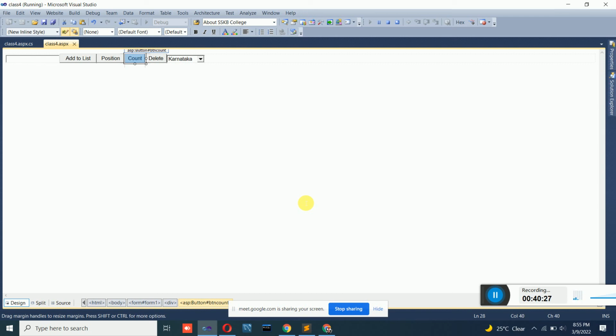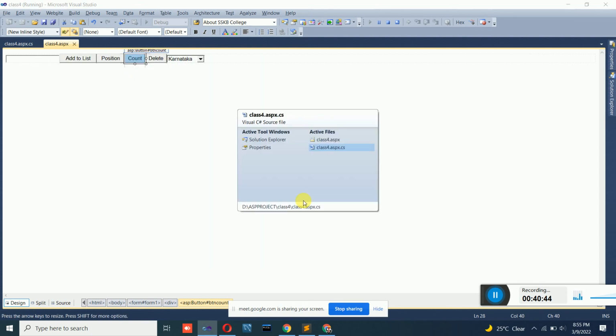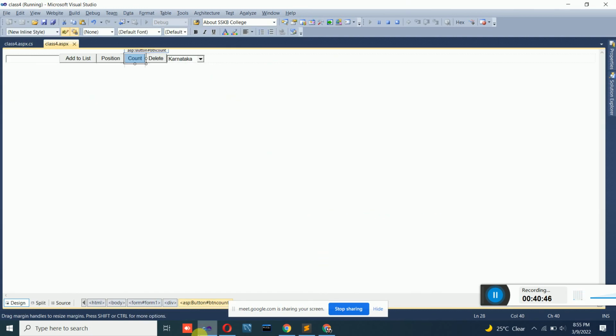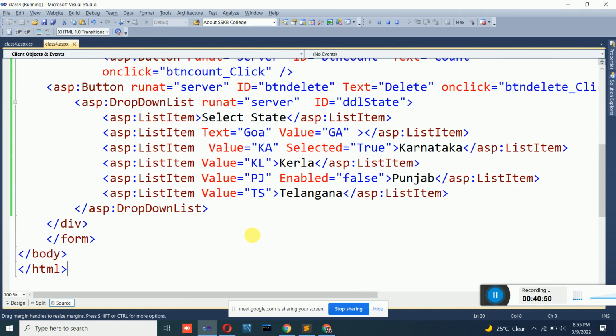Instead of having multiple checkbox options where the user wants to select more items, instead of using checkbox you can go for another attribute or another tag that we have, that is called the list box. So let me